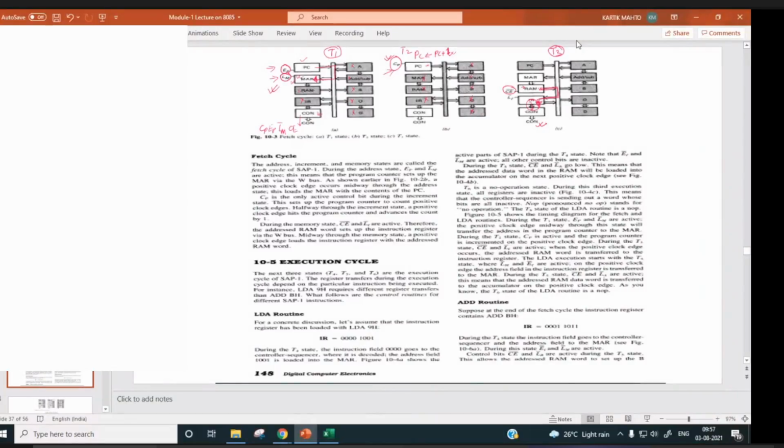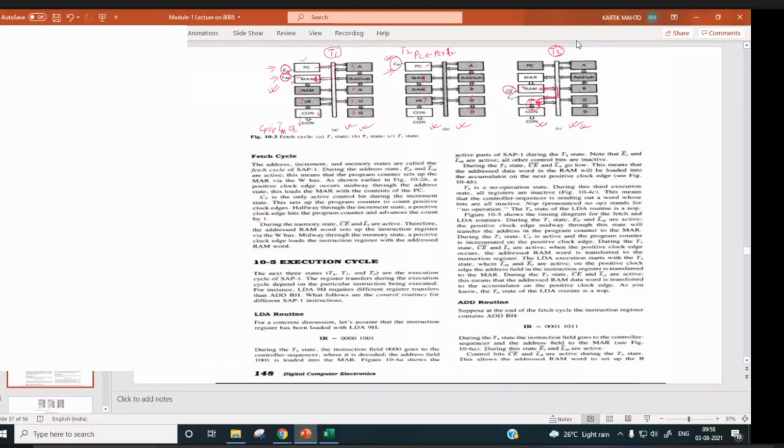So these steps will be followed by the computer system every time it fetches the instruction from memory, right? For executing any instruction, first of all, it will read that instruction from the memory and then it will work according to the instruction, right? So here, these three steps are common for executing any instruction. This fetching of the instruction has to be done first. So these three steps will be common.